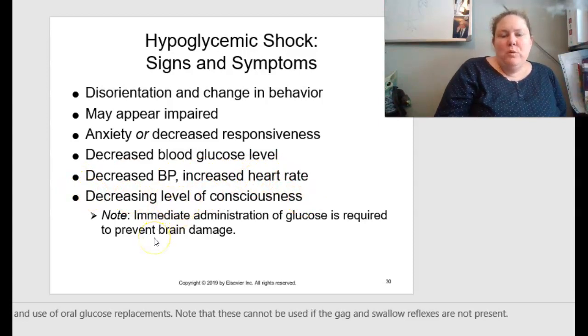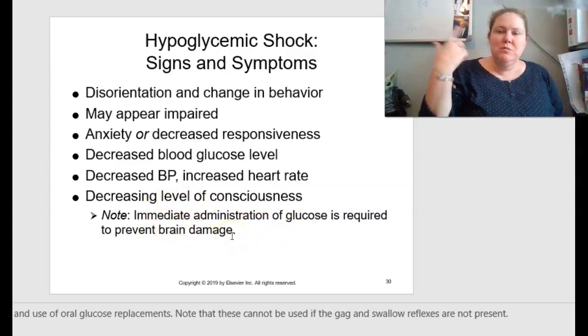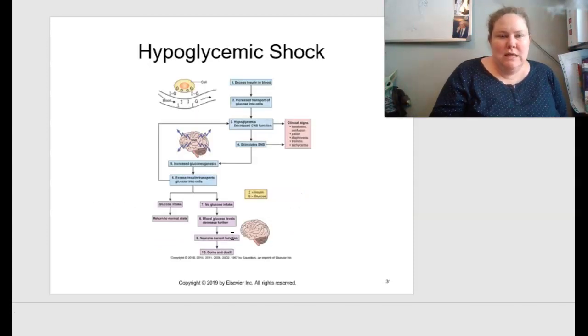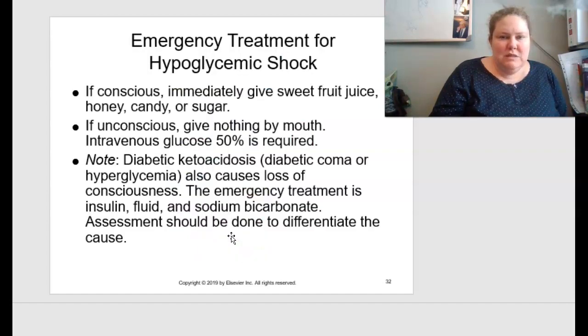So with this, to help get people out, you need to immediately administer glucose to prevent brain damage, because our brain functions off of sugar, right? So we need to immediately get that sugar back up so that we can take care of it. And so this, again, is the hypoglycemic shock that we just talked about, and all of those signs and symptoms again. So the emergency treatment, this is just good knowledge,